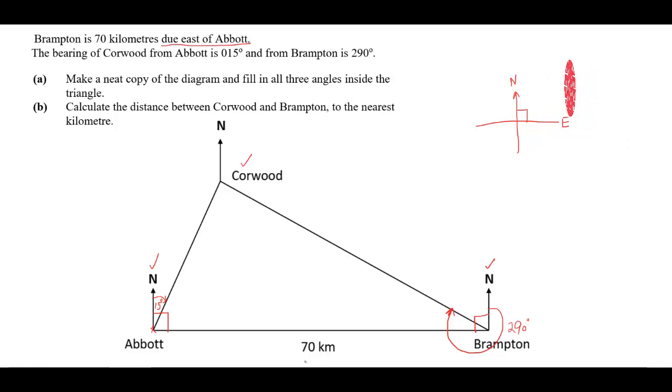Now student, with the help of this information which is given in the question, we can find some more angles. And as you know, this north line and the second north line over here are parallel lines. So this angle 15 degrees and these two angles are interior angles. So this angle will be 180 minus 15, 165.